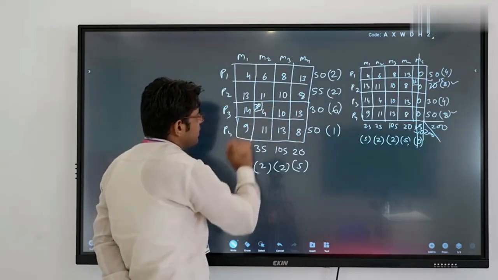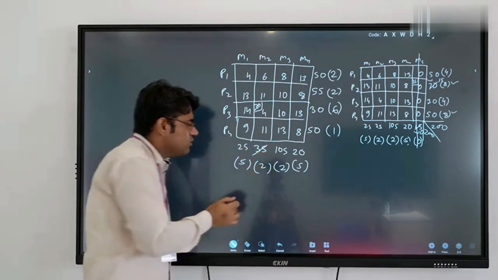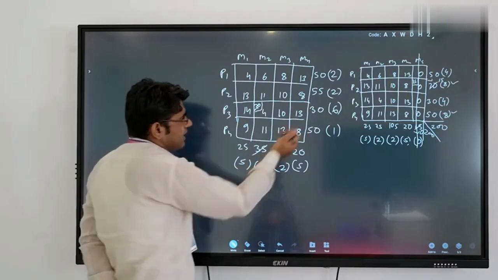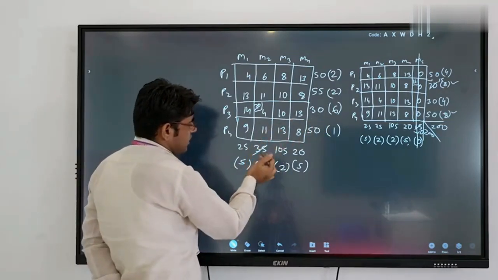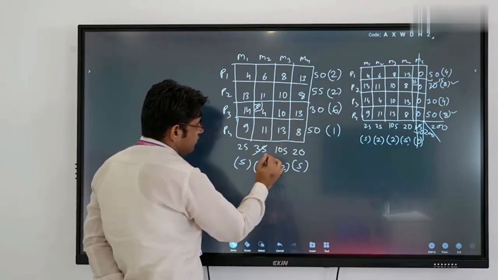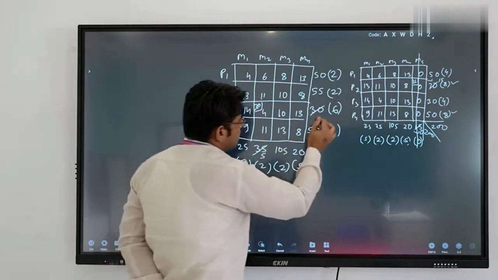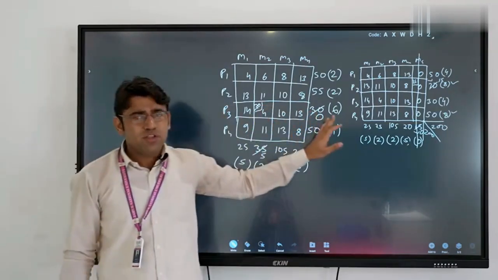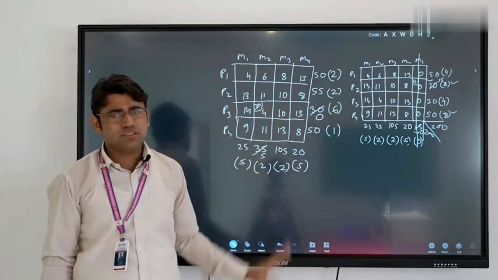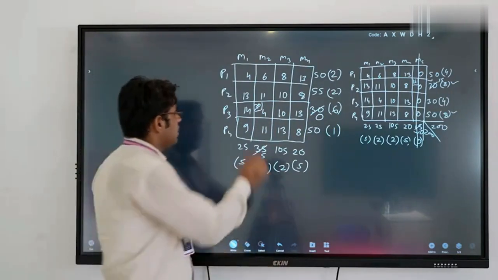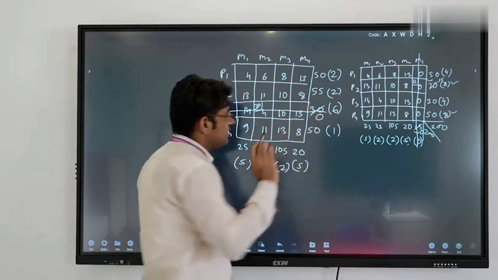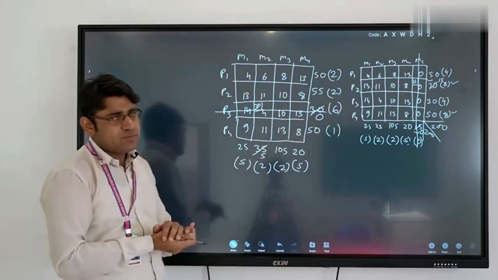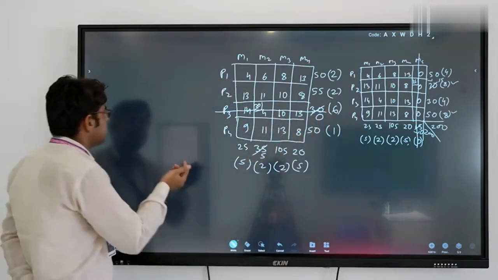So allocate here 30. Now subtract 30 from demand and supply both. So 35 minus 30, 5 remaining, and 30 minus 30, 0 remaining. So the supply of plant P3 is remaining 0. So now cross out the plant P3. Now move to the next table. So the reduced matrix is